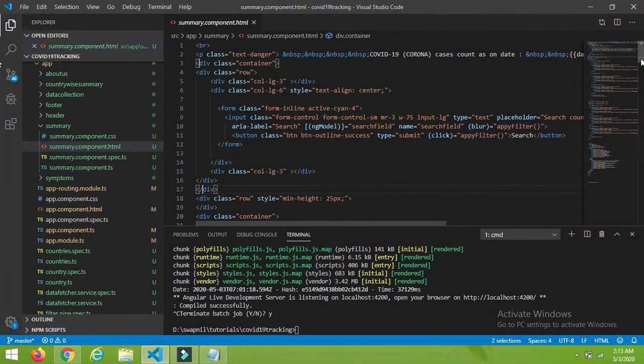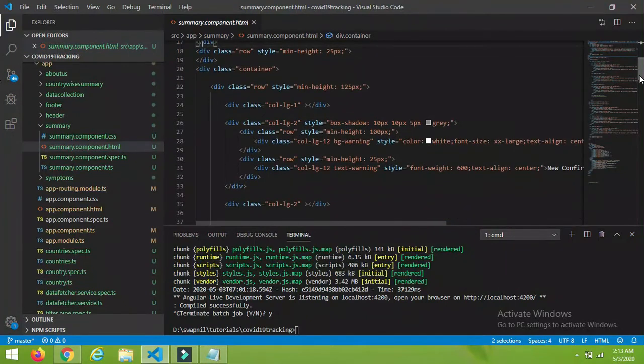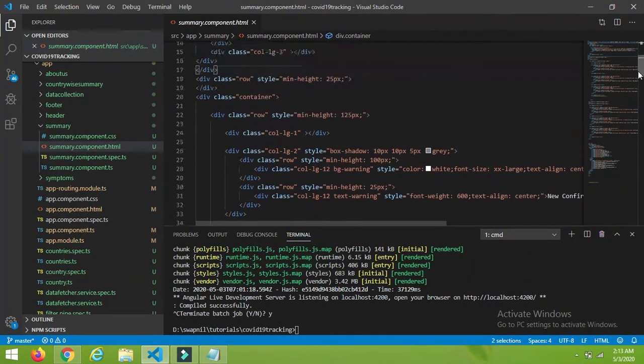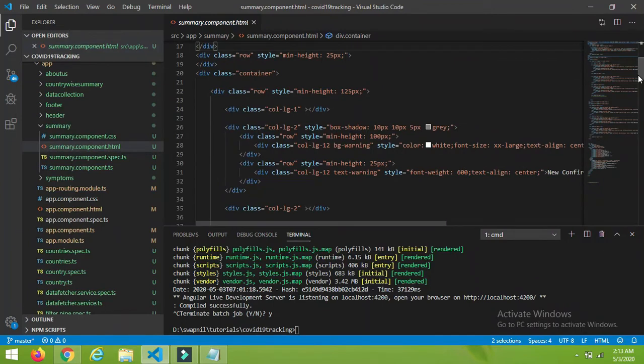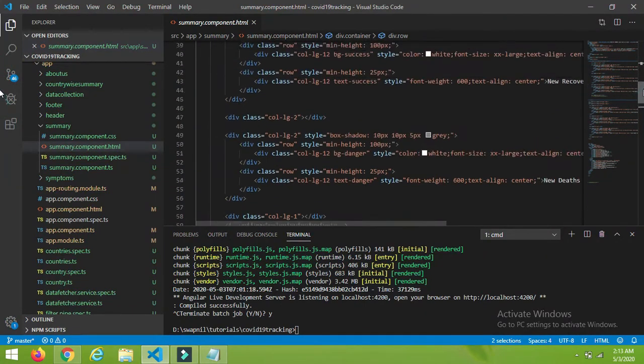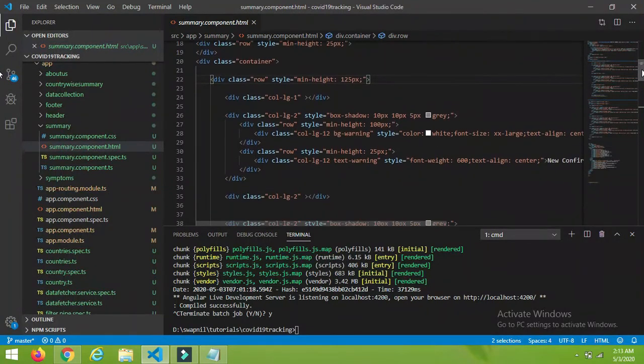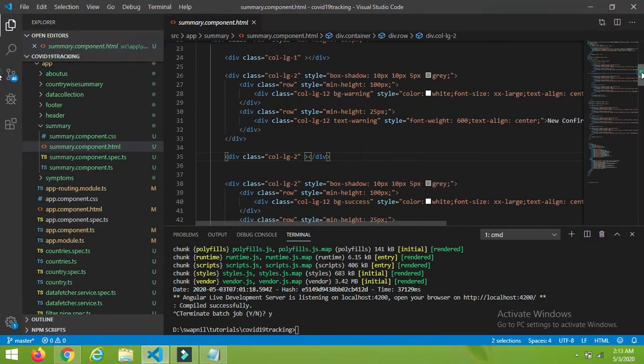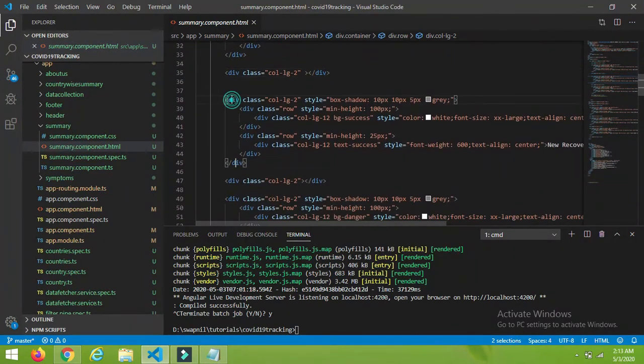Now below this, again I have divided into the grid system. Here you can find this is the row, the first row, closed here. In this first row I have a first column of 1, that is blank, then a second of 2 length, then a blank of 1, then a third of 2 length, then again a blank, then again 2 length.